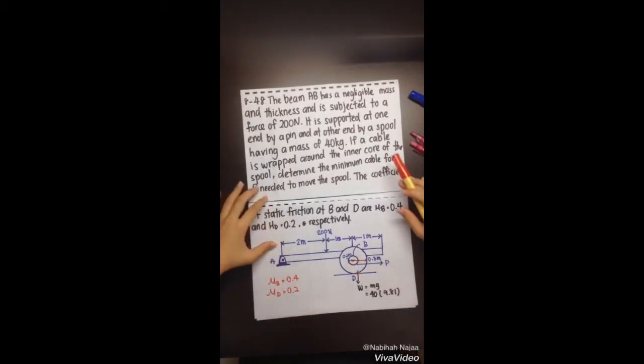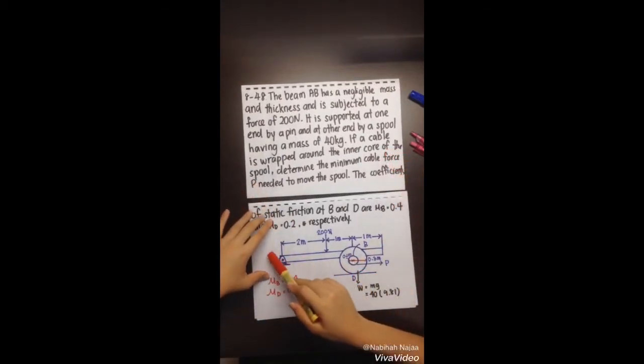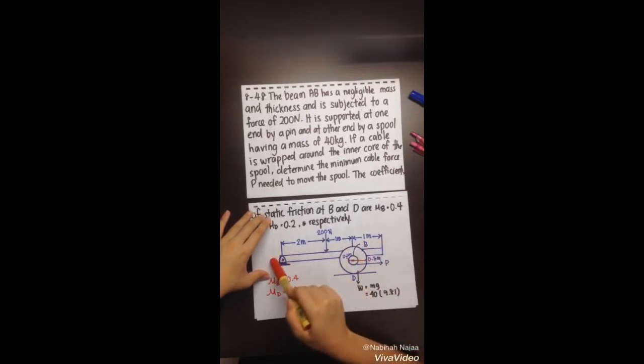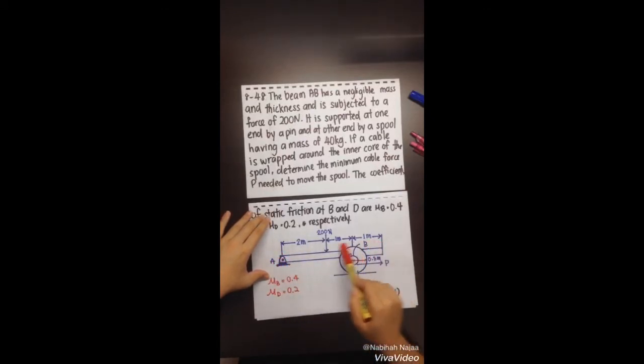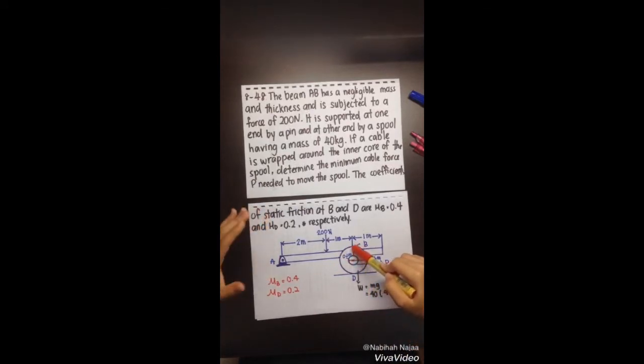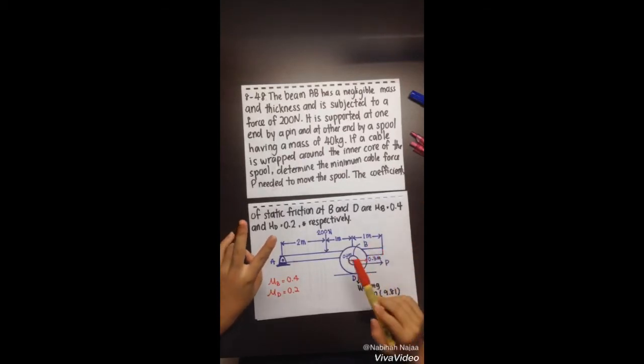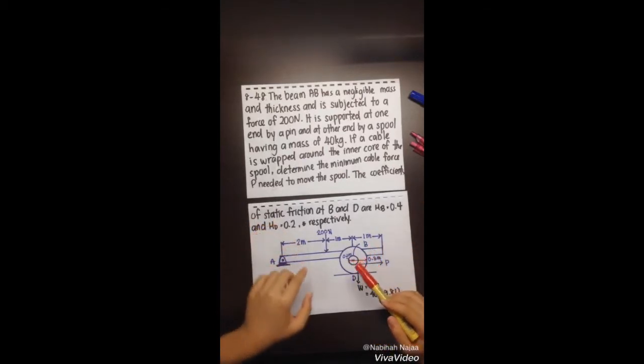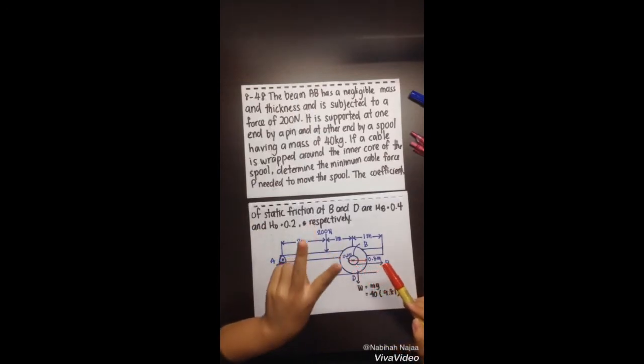Okay, so in here we can see that we have two objects. One is the bar, one is the spool. Okay, so in here we have to understand two things. To do further calculation for this type of question, we have to separate these two objects into two free body